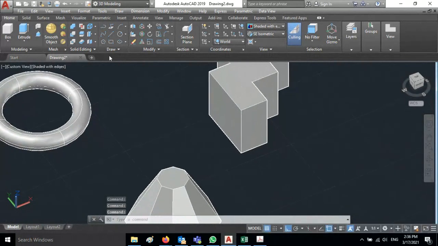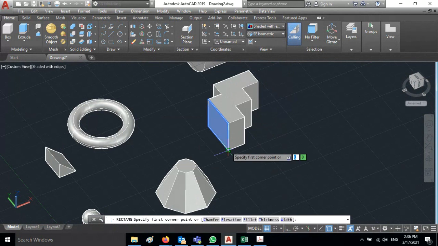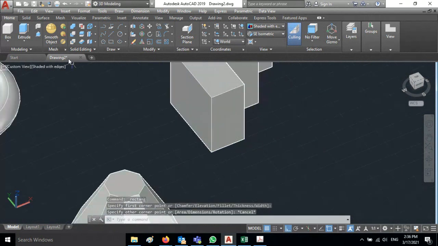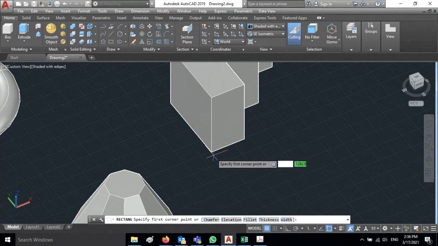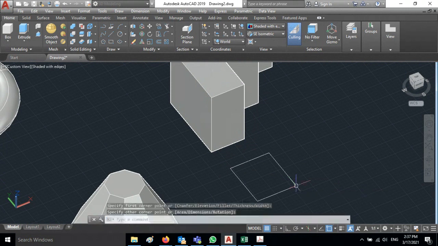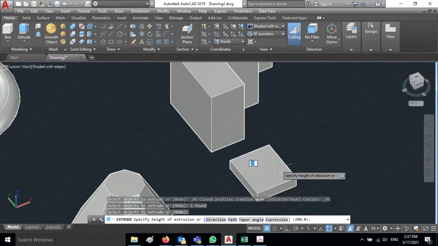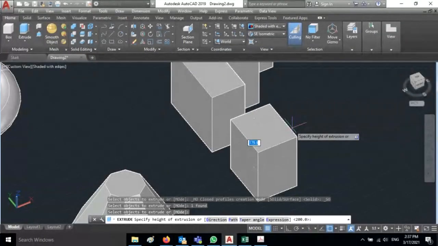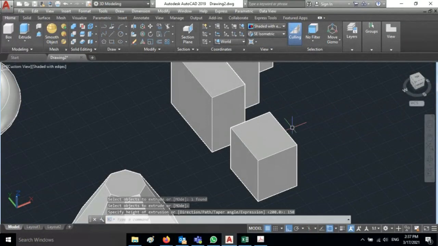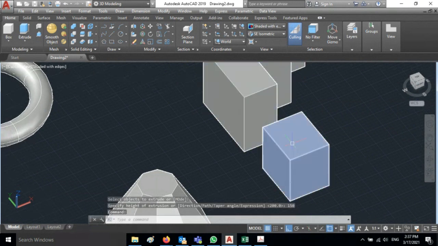Now I'm going to create another object here, and then I will join. I'll create one more object here, and then I'll extrude it by 150. Now I'm going to join these two objects, this one and this one.